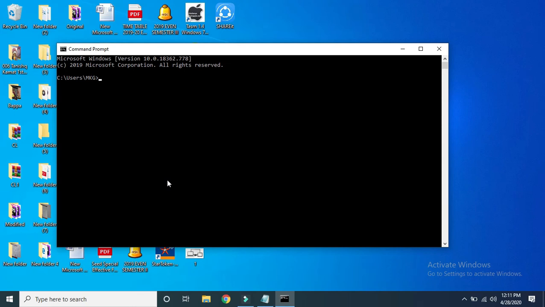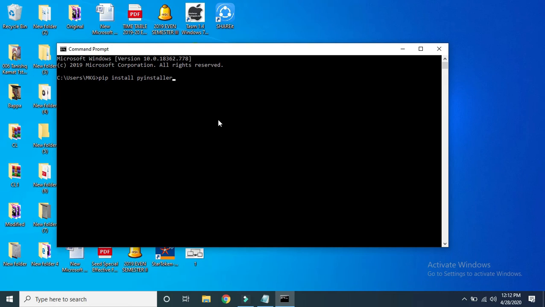If you want to download and install PyInstaller, then here you have to use the command pip install, and then write pyinstaller. Don't make any spelling mistake. After execution of this command, it will download PyInstaller from the internet and install it in our Python installation directory. We will require this PyInstaller module. Before execution of this command, your machine must be connected to the internet, because from the internet it will download and install it on your machine.